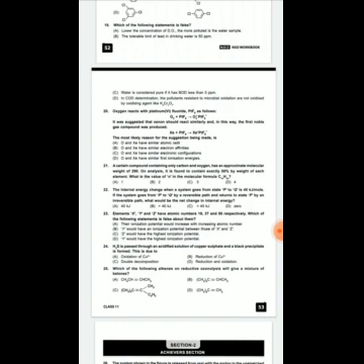Question number 21. A certain compound containing only carbon and oxygen has an approximate molecular weight of 290. On analyzing, this is found to contain exactly 50% by weight of each element. What is the value of n in the molecular formula CnOxHy? We need to know the carbon and oxygen contained in a compound whose approximate weight is 290.